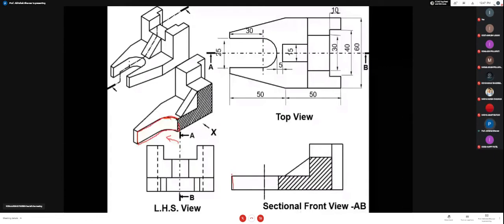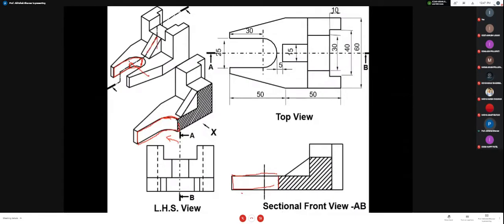Or if I want to cut it from here, see this line, it will look to me like a rectangle. Okay. After that, if I want to cut it from here, there is one triangular portion representing a rib over here. So see this triangular portion, it is representing a rib. So I have drawn it. Now, if I want to cut it from here, I am cutting from here.